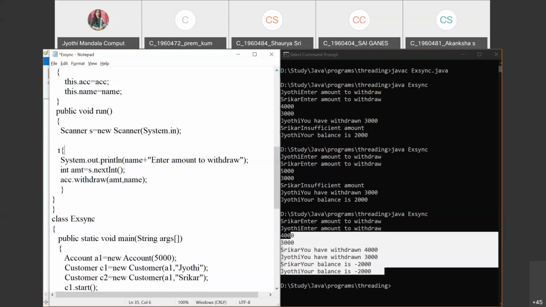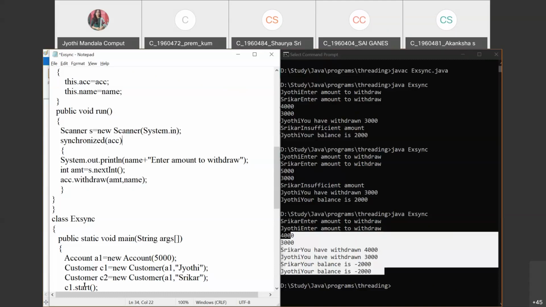Make it a block and use the keyword synchronized, and use an object reference. That is the common thing. What is our common thing here? The account name, whatever account name we have. Understood, all of you, what I'm doing here? So this has been made synchronized.